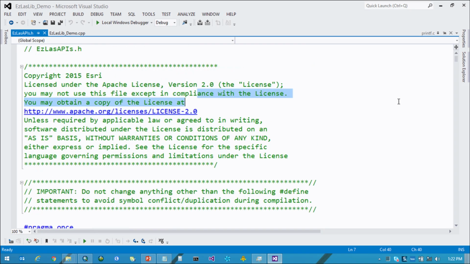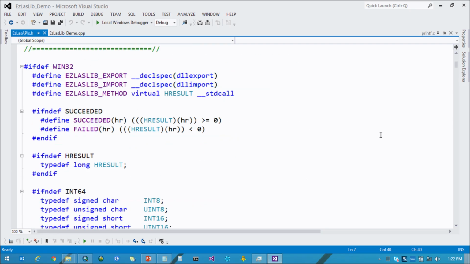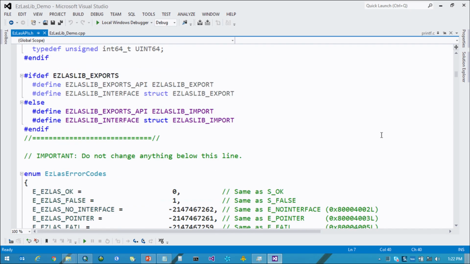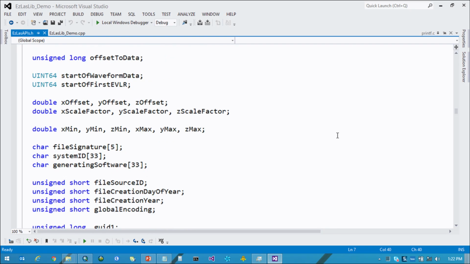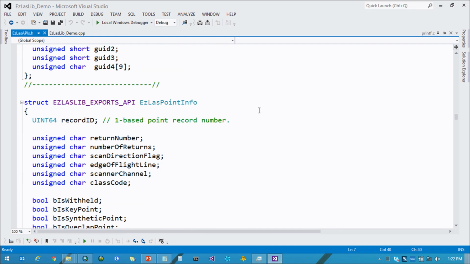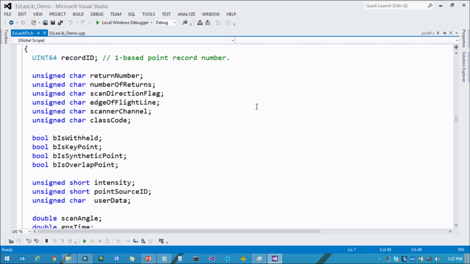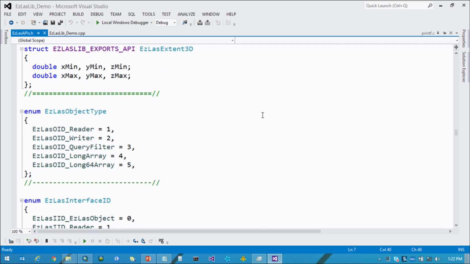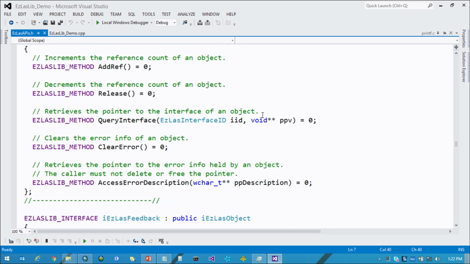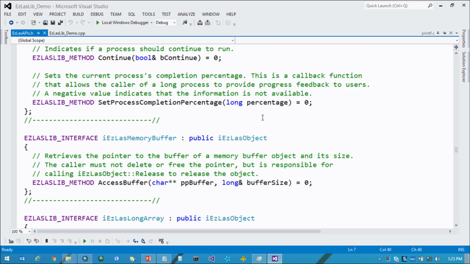So we see the license statement at the top of it, and then we define our structs and enums in here, and also things like point info records, if you're going to use our structs for decoding the point record information. We'll go down and